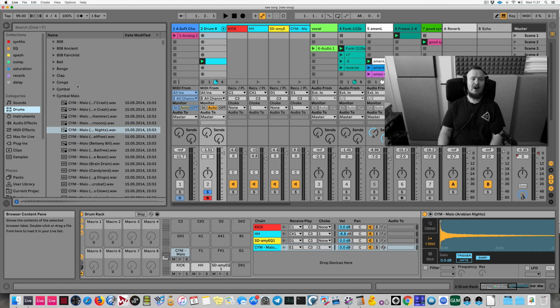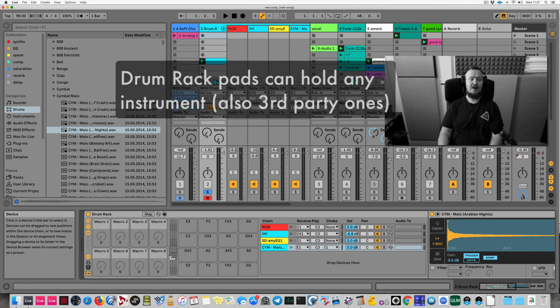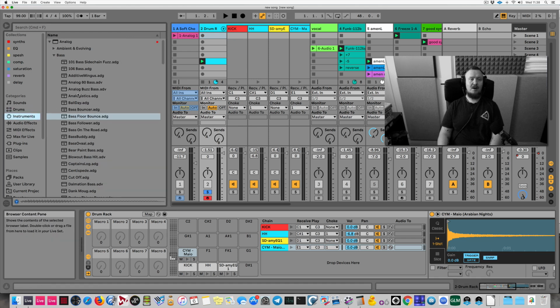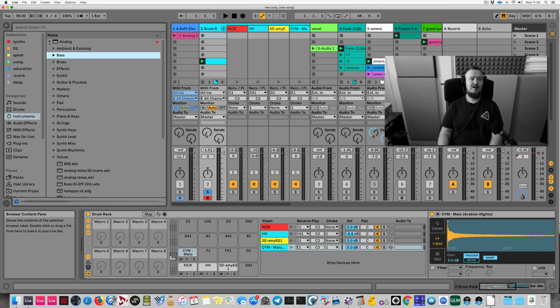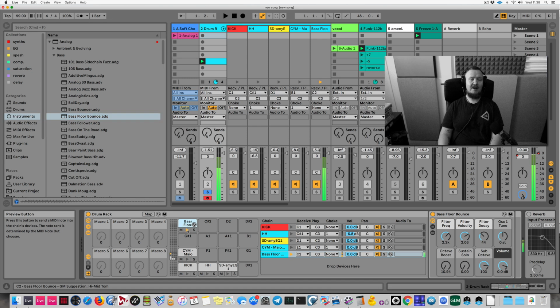It's good to be aware that you can use any instrument on the pads of Drum Rack. For example, if I wanted to put a bass instrument on a pad, I can. For example, let me look for... Okay, that could work, or... Okay, this is better. So I can just drag this instrument on the pad. By the way, this is a bass preset of the Analog synth of Ableton Live. So I put it on this pad, and